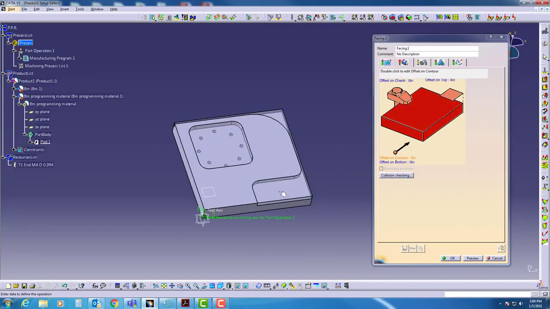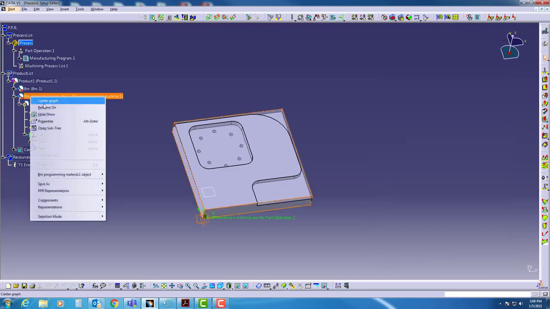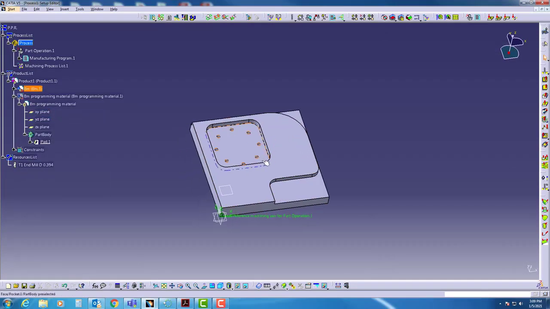Now it is easy to select the material instead of the part. So what we'll do is we'll come over here and we'll right click, we'll hit cancel so we can select it, and we're going to go hide show. So now I just have my material here. So let's go back up to our facing,